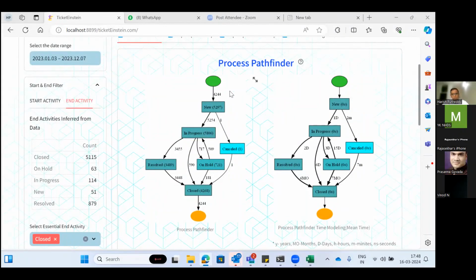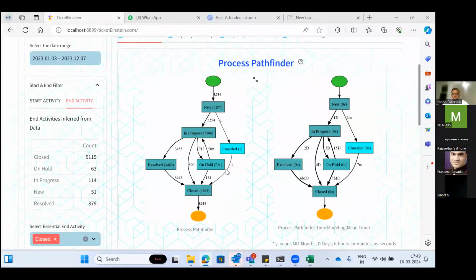It will not show all the paths that are possible, because generally, if you take a ticket and try to analyze your tickets, it will be 100, 200 different paths, even for any simple ticket. What the algorithm will try to do is pick up the frequent or the majority path and show how the tickets are flowing. So in this view we see the volume, new, in progress, whatever is getting cancelled, and how many times things are going back from in progress to hold.